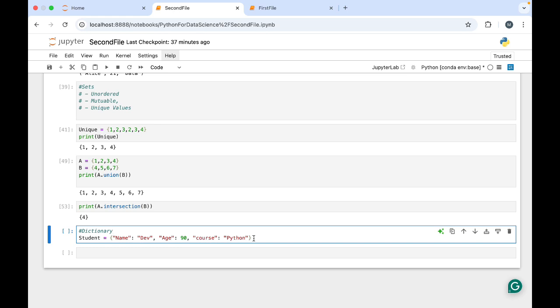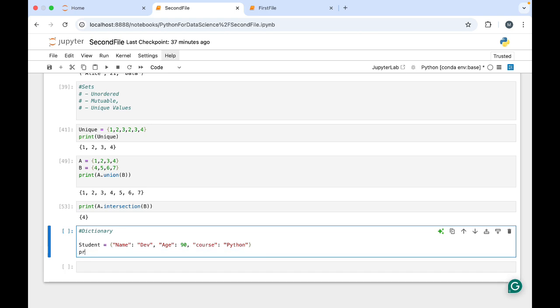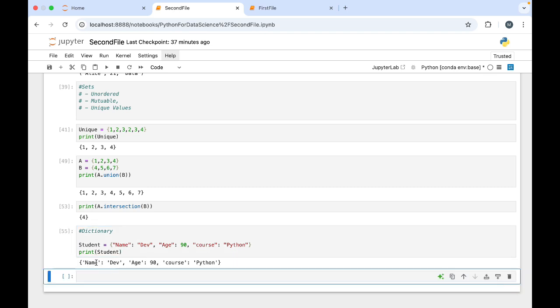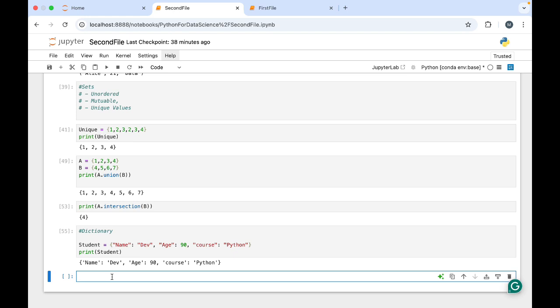Then how do we now print this dictionary? So it has shown us the values, like this is the key and this is the value of that key. So if we want the values in this format, then we can use a dictionary. Now let's see some of the operations we can perform on a dictionary. Now here, this age is 90. If I want to update this age, then what can I do,